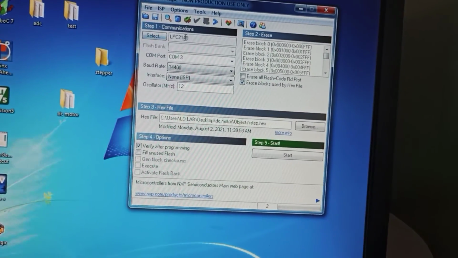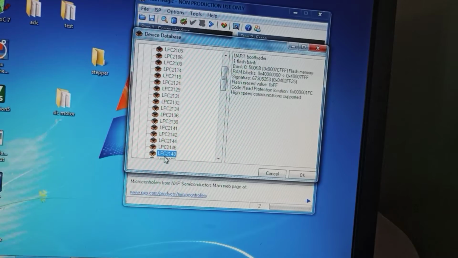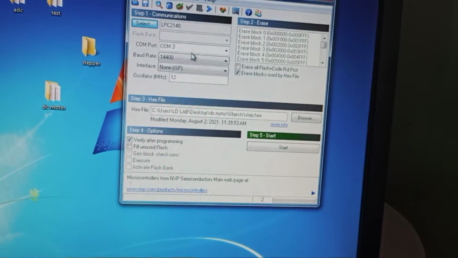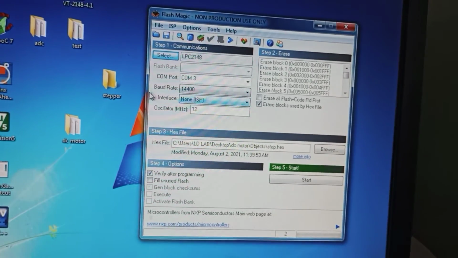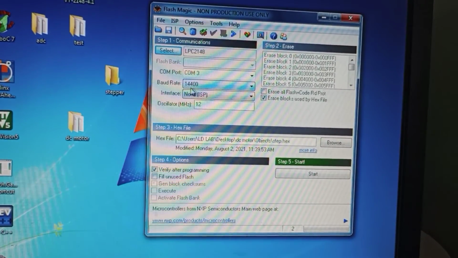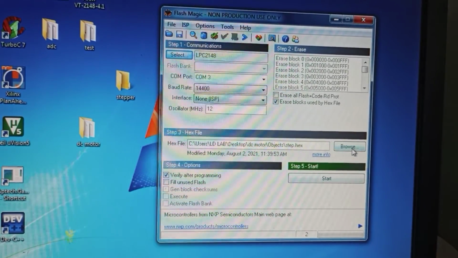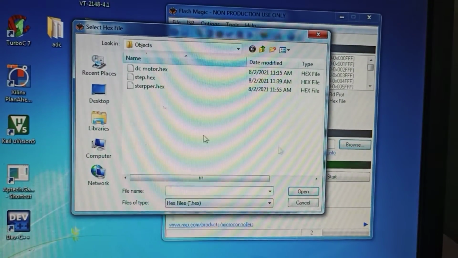Here I am going to select the device LPC2148. This is our system port address, and my baud rate will be 14,400 and the oscillator will be 12. So here I am going to dump the code.